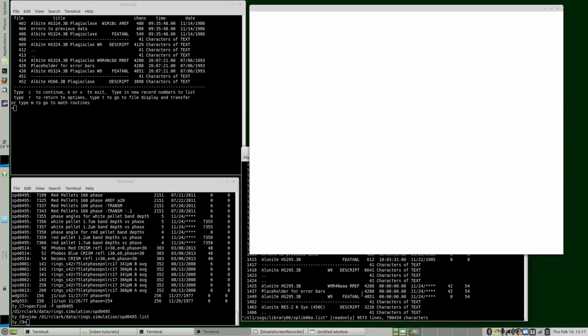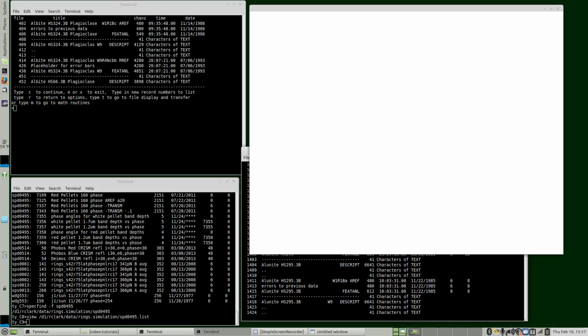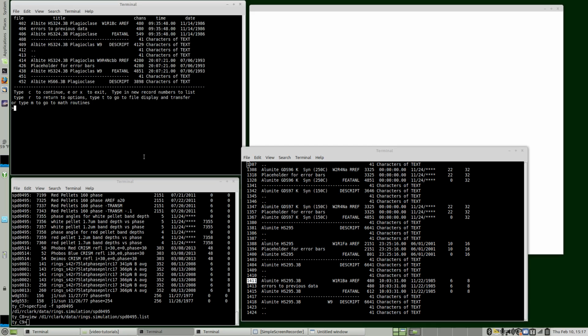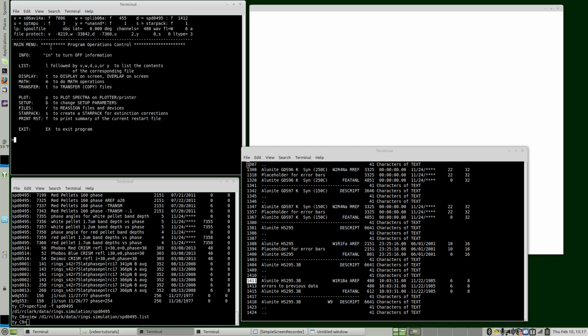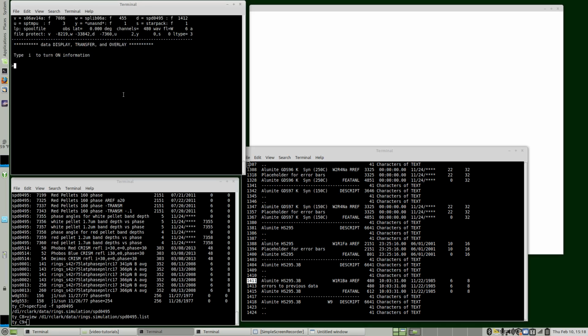And I was going to start by displaying just a simple alunite spectrum. This is an interesting spectrum, so we get out of that. Remember, from program operations control, you can branch to math. T is to display, overlap on screen, transfer, which is a copy file, so T. And we've assigned splib06a